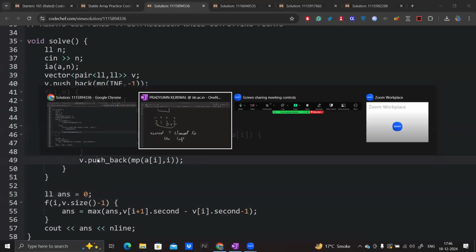This is one good thing I forgot to mention. Let's say I have 5, 2, 3, 1, 1. In this case, the final vector would be 5, 3,